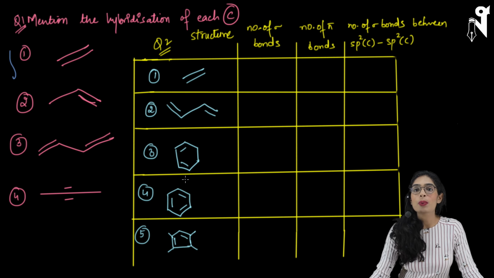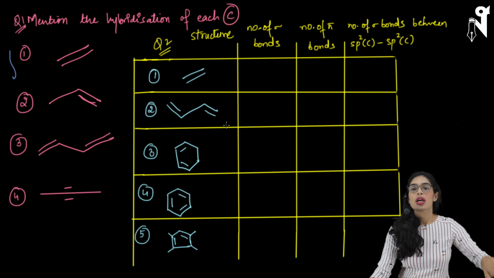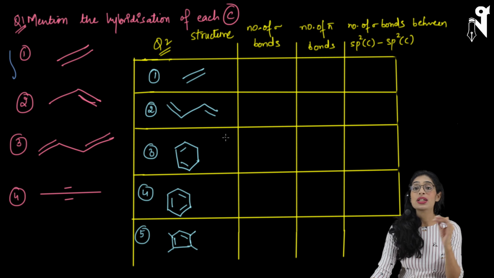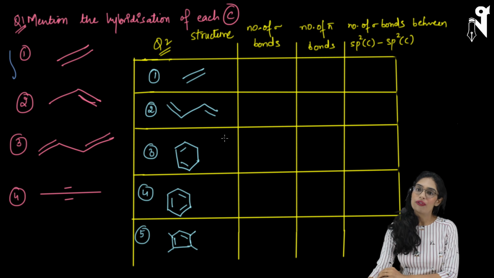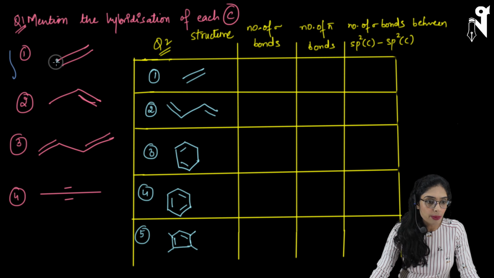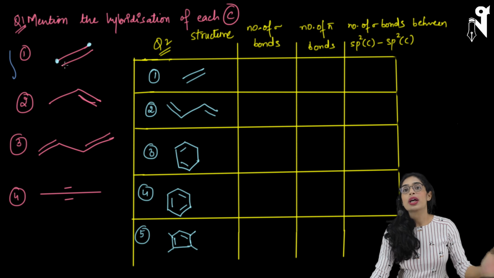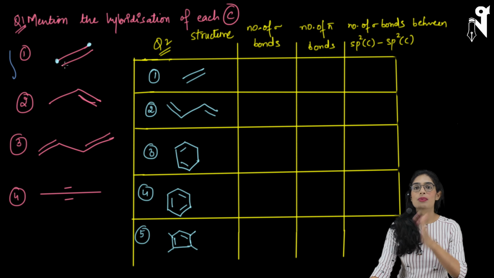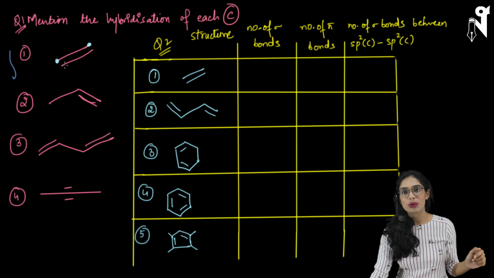Okay, so now I hope you would have done the hybridization questions. You would have marked the hybridization of each and every carbon in question 1. Let's quickly check what is the hybridization of every carbon in these compounds. So there is one carbon here, one carbon here. All these are bond line structures. So we are assuming that the valencies of carbon are fulfilled by hydrogen, apart from the single bond, double bond, triple bond, whatever has been written over here.